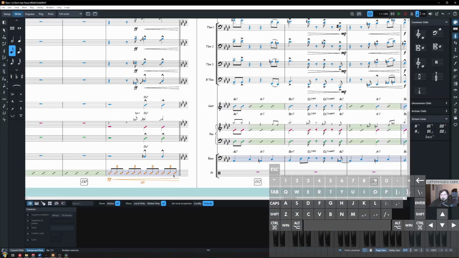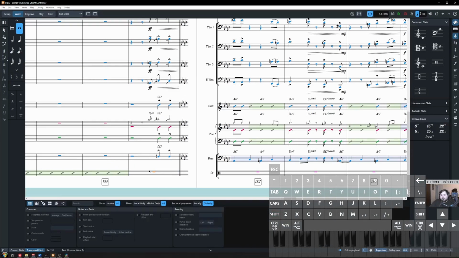So I'm going to clear out this bar, and I'm going to enter note input mode, either with Shift N or enter. Now what's important with our percussion parts is we like to pick the notes with our arrow keys. All my Finale users are probably like, what? We can use the arrow keys to pick notes? For the way the percussion works, it's typically how we go between voices. So notice it's changing my selection of what voice I'm actually going to be inputting, or more specifically, what instrument on the kit. I'm going to go to snare, and I'm going to now be able to engage my triplet